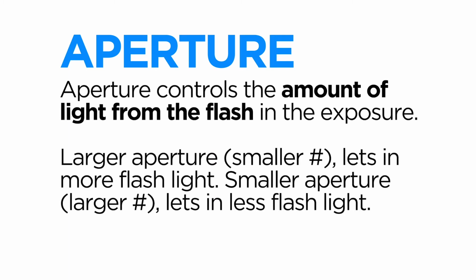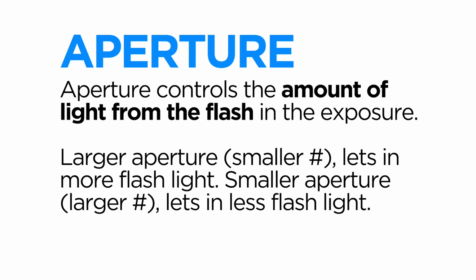Next, we have aperture. Aperture's a little different in how it works with flash. What aperture controls is the brightness of the flash in the photo. It's basically like a volume control for the flash power itself. If you have a larger aperture opening, you're going to get more light from the flash in the photo. If you go smaller with the aperture opening, you'll have less light from the flash. So it's a volume control for your flash